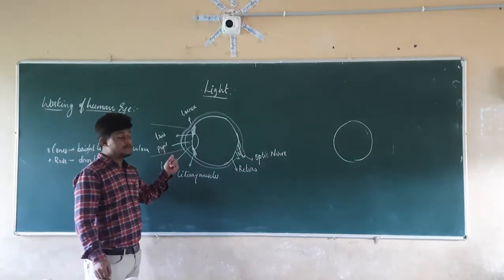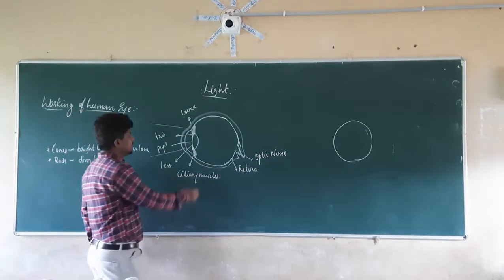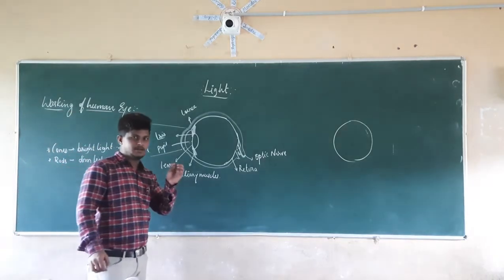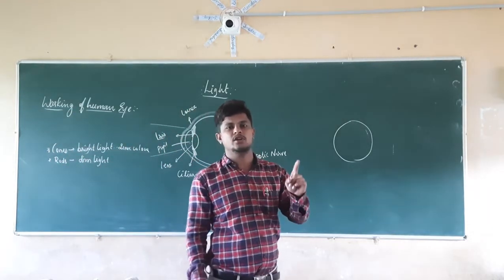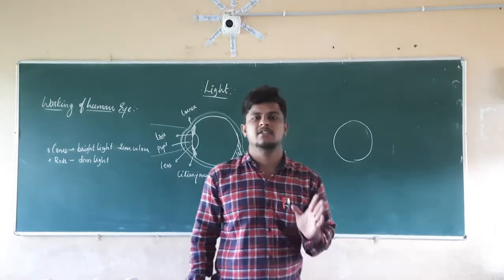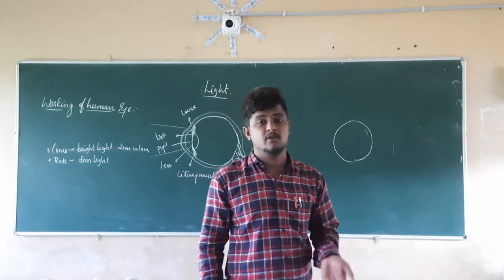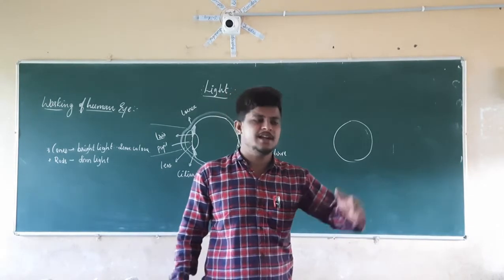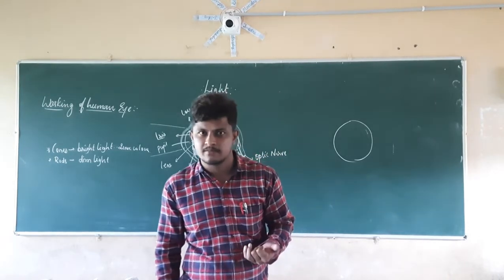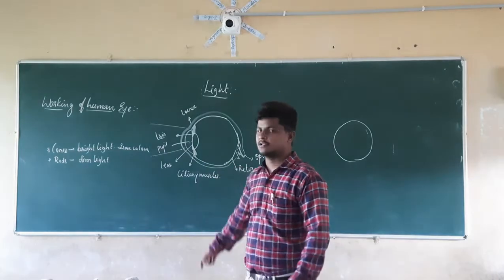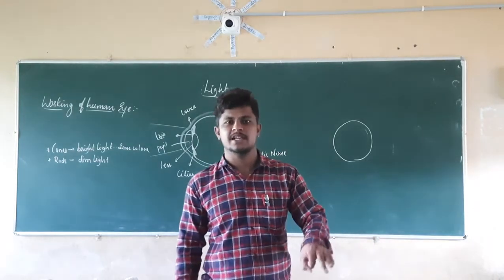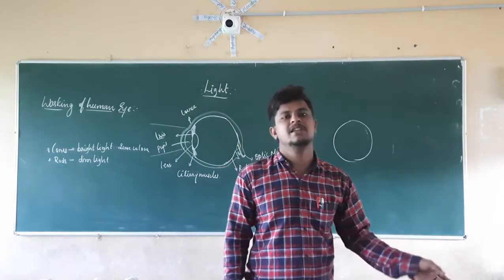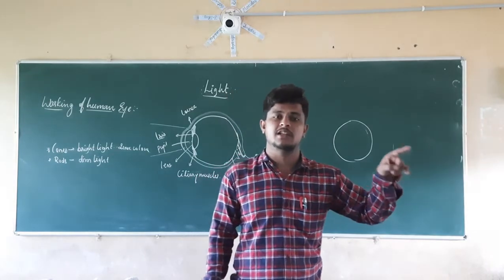Next one is the iris, the dark circular part present inside our eyes. The iris also demonstrates the color of the eye. We know that someone has a brown colored eye, someone a cat-like colored eye, someone a blue colored eye. So how do we identify that? It depends on the color of the iris. If the iris is brown, then the eye is brown. If the iris is blue, then the person has a blue colored eye.